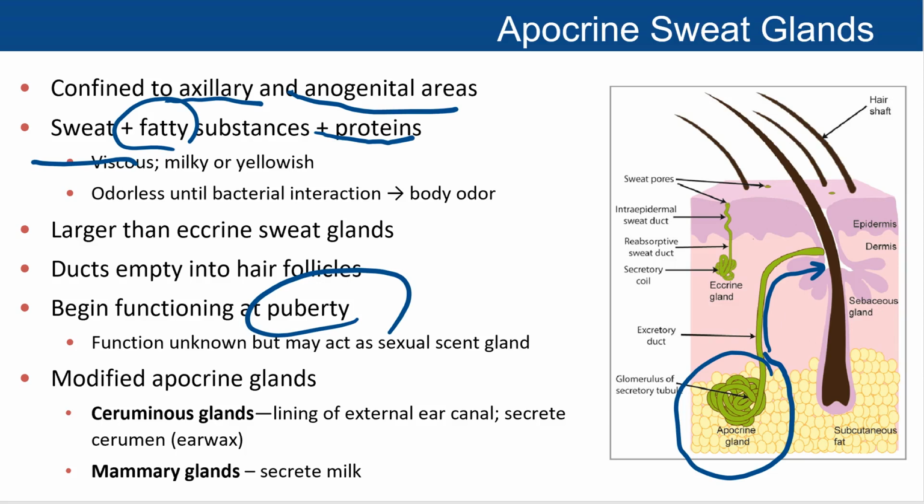Unlike eccrine glands, the exact function of apocrine glands is unknown. We do know they are activated during times of stress, pain, and sexual foreplay. They are not responsible for thermoregulation. They are mostly responsible for our body odor. So when we sweat, the bacteria break down the sweat released by apocrine glands, and they can make an odor. There are some modified apocrine glands in our body as well, in our external ear canal, and also the mammary gland is a modified